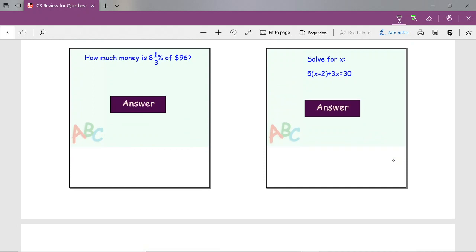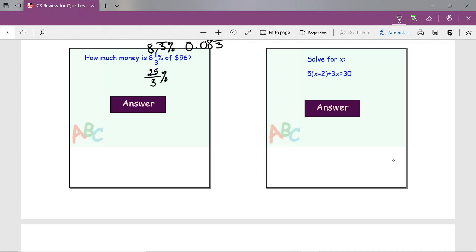All right, how much money is 8 1/3% of $96? Now, 8 1/3% is not one that we commonly use, but we can definitely turn it into something that's a little bit easier to work with. I'm not going to turn it to a decimal because I would get 8.3 repeating percent, or 0.083 repeating. I don't want to work with a repeating decimal, so let's turn it into a fraction. And how we do that is turning this percentage into an improper fraction. So we get